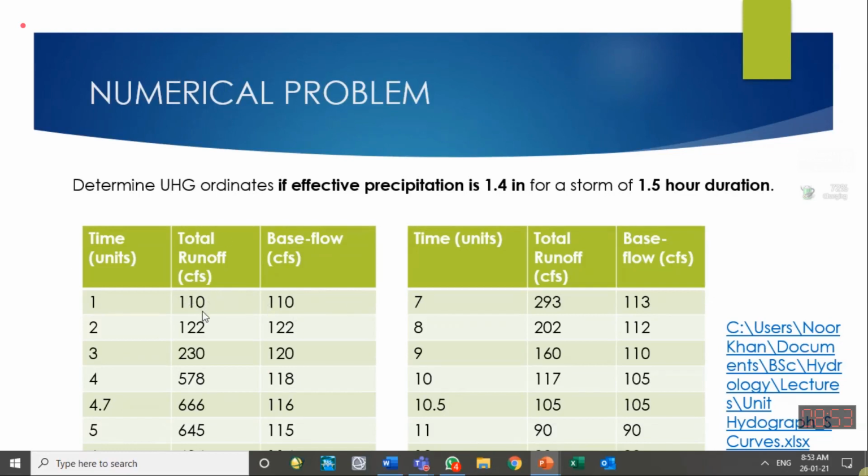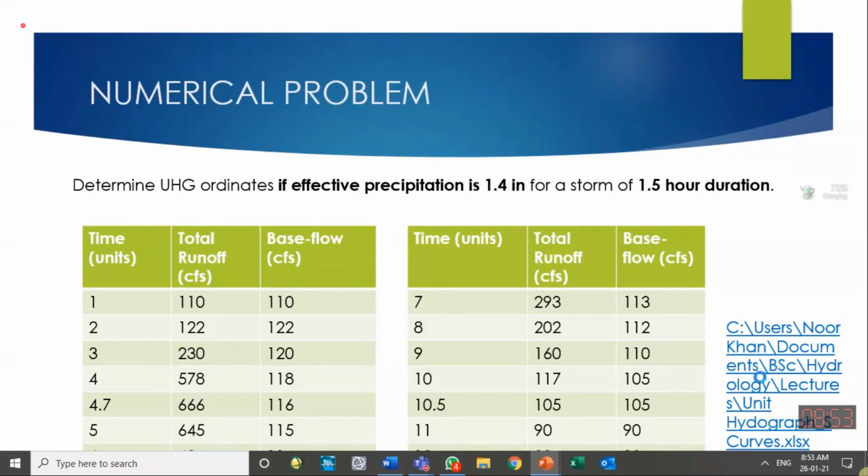If you have this in Q6, effective rainfall is given to you. This DRO is being produced by a rainfall of 1.4 inch. We want a DRO for a rainfall of 1 inch. So whatever the DRO is coming to you, divide all the ordinates by 1.4. You will be getting the DRO for 1 inch effective rainfall. That is the unit hydrograph. That is the definition of the unit hydrograph, the DRO generated by an excess rainfall of 1 inch. So by subtracting this, you will be getting DRO for effective rainfall of 1.4 inch converted for 1 inch.